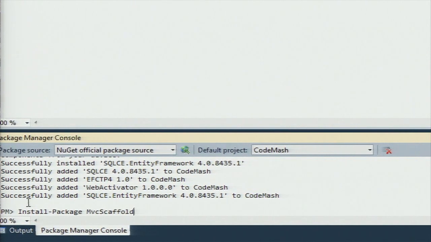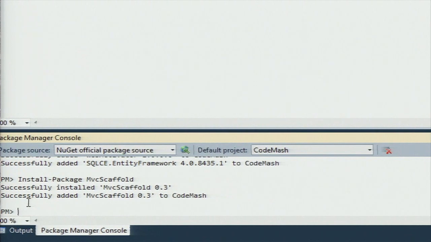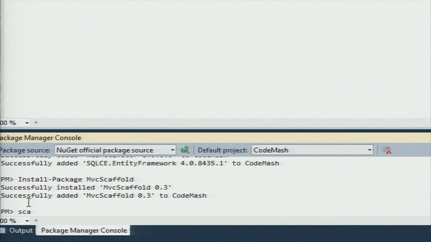Now this is a different type of package. This doesn't have assets, code files, assemblies, and things like that. It modifies the PowerShell scripts that I have available. So I can do things like scaffold controller and point it at one of my models, and then also give it the context that it needs. So in this case, store context is what I've used to create the database.